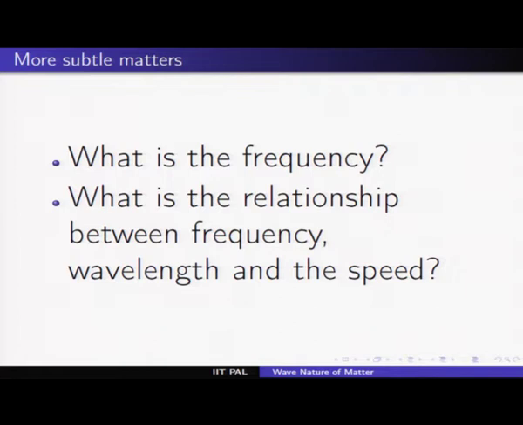So when we speak of the speed, we have two different kinds of speed. One is the speed of the wave and another is the speed of the particle. This question is very, very important, and it occupied de Broglie himself quite a lot, because he gave a model called the pilot wave, because we have to explain how a particle can have a wave-like behavior.